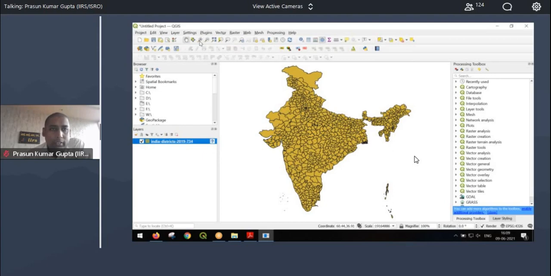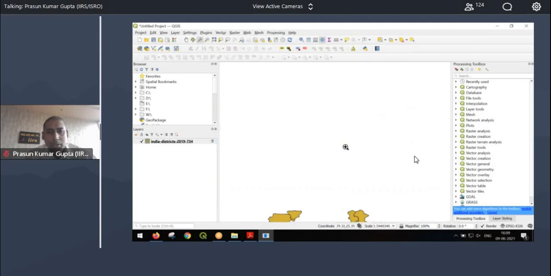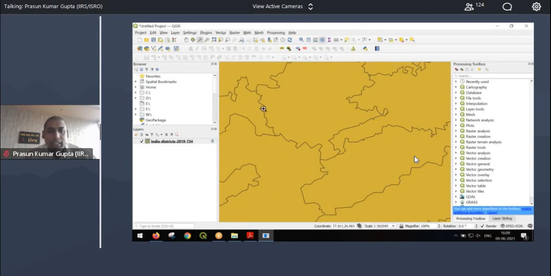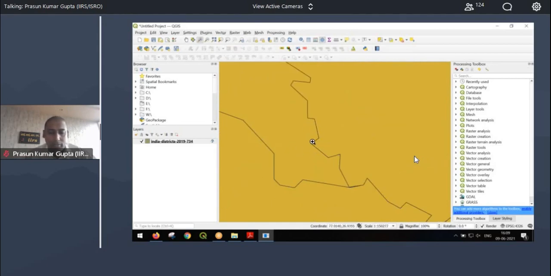How do I view the data? There are these viewing tools. You can zoom in using this magnifying glass, zoom out. You can see the whole image. You can use this magnifier to zoom to a specific area. You can see that these boundaries are generalized, as in they are not following the actual boundary, but are at a coarser scale.